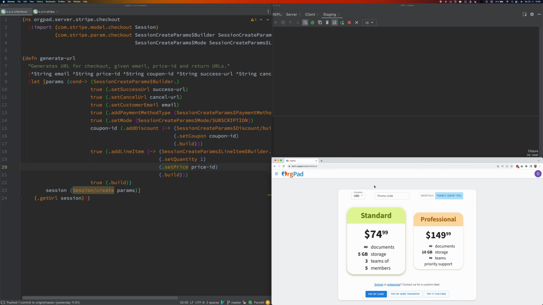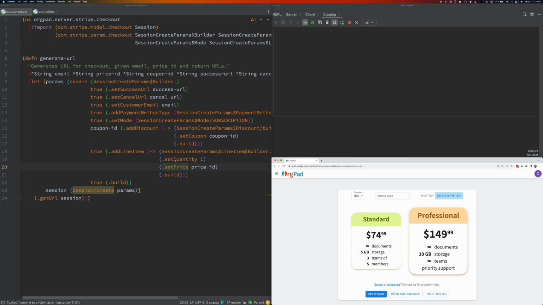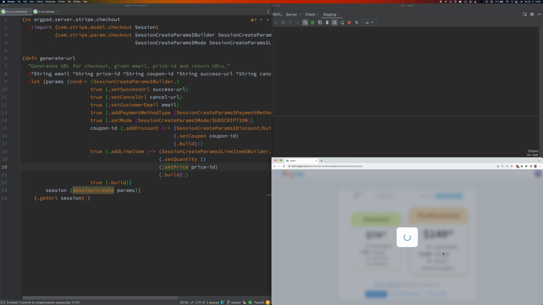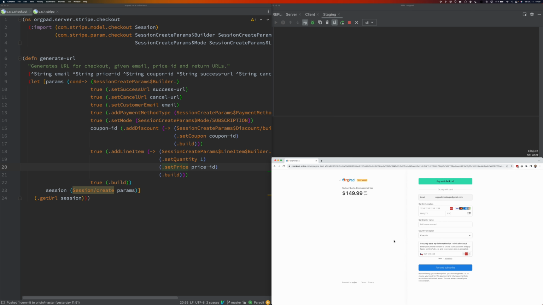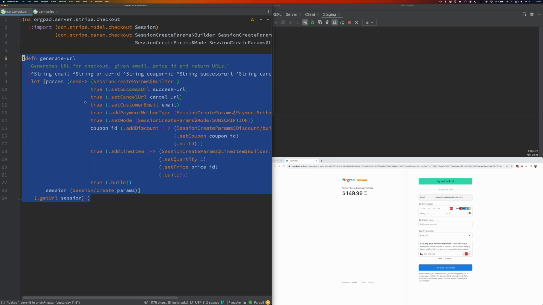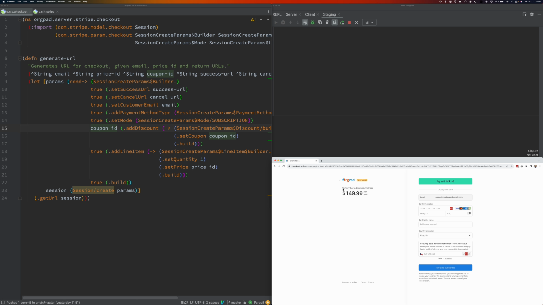I get displayed the selection of the plan, so let's say I will choose yearly professional subscription. I click again and I get redirected to a Stripe checkout website page. The URL of this page is generated using this Clojure function here on the left, which basically sets stuff like the current plan, and whether it's yearly or monthly, and my email address and a few other things. And we can also modify it here.